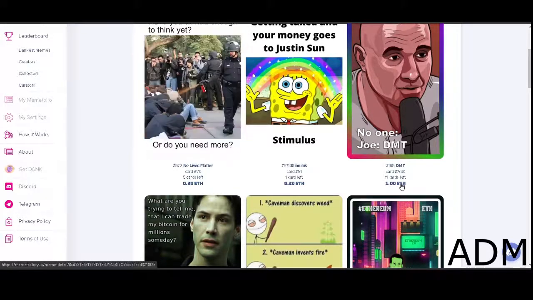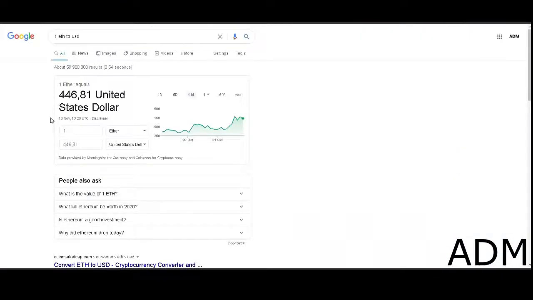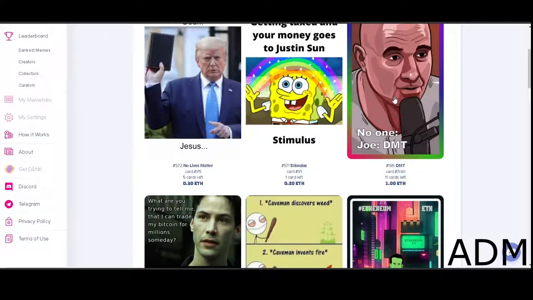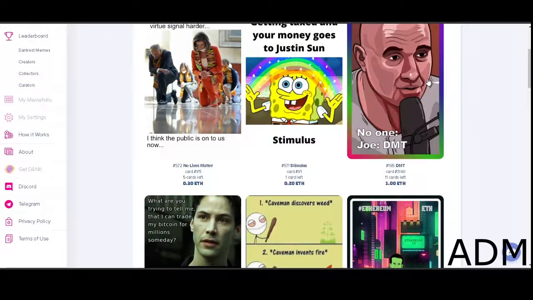If you want to know how much 1 ETH is in US dollars, we can do that quickly. 1 ETH to USD is $446 for just this meme over here. So there's a lot of money to be made.